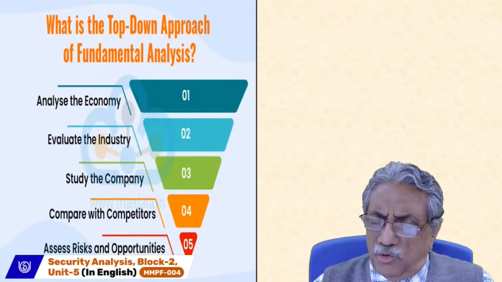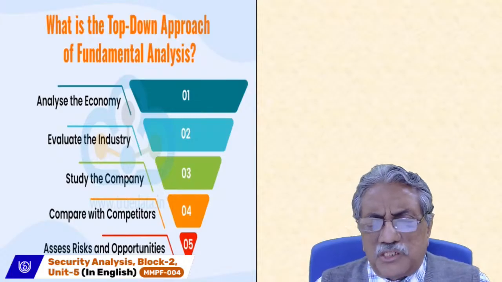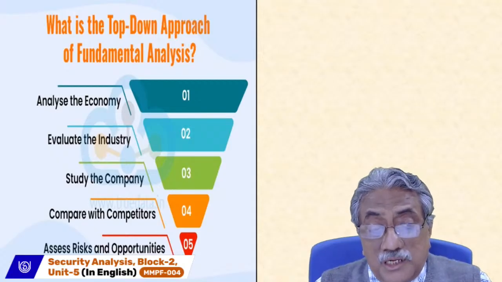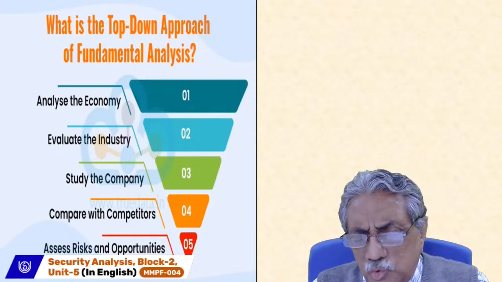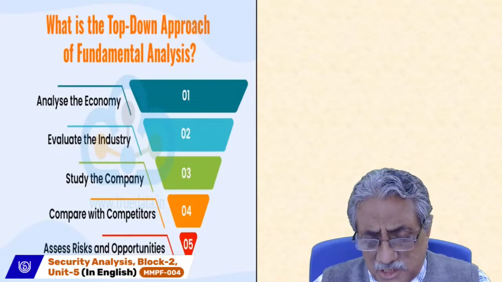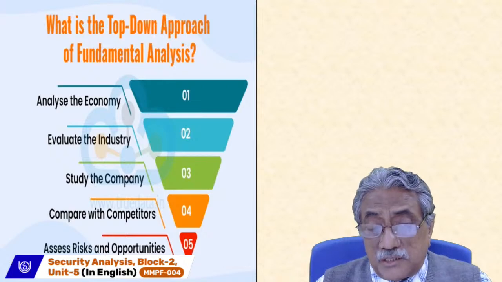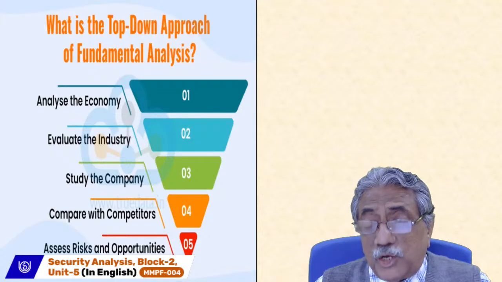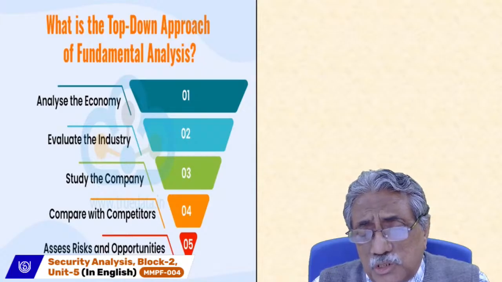Now I study the company. Out of these companies, which are doing well? I see Adani Energy, I see Waaree Engineers, and there are some more companies, Tata BP Solar, etc. So I study the companies now: who is making a good product, who has efficient operations, who is good in installations and other things. So I compare with the competitors. Steps 3 and 4 are done simultaneously. I compare with the competitors and try to identify, if I go for it, which company I should choose.